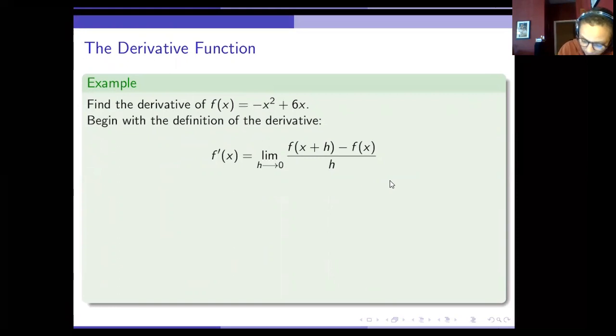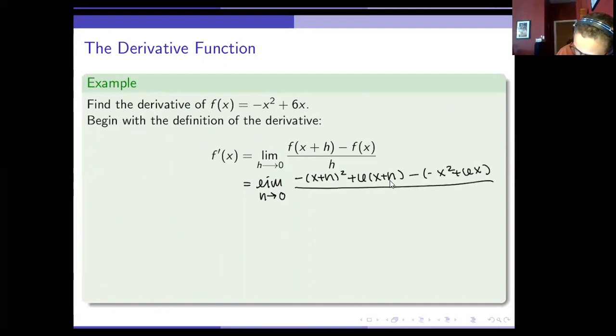So our first step is going to be to fill in f of x plus h. So the limit, and then we have negative x plus h quantity squared plus 6 times x plus h minus negative x squared plus 6x all over h. Expanding out our first and second term, we get negative x squared plus 2xh plus h squared plus 6x plus 6h plus x squared minus 6x